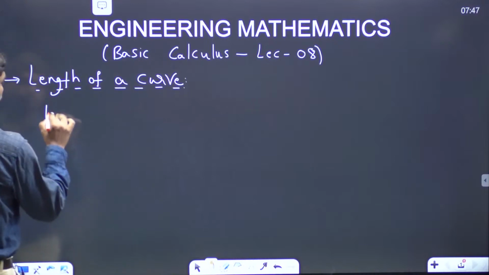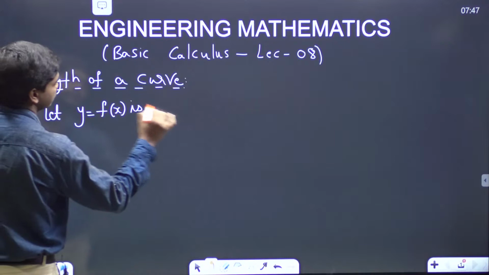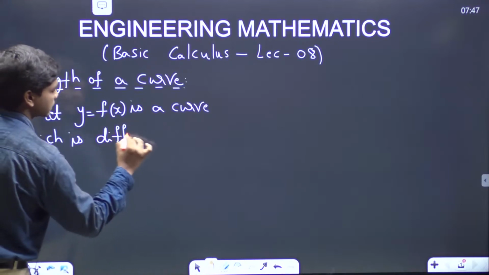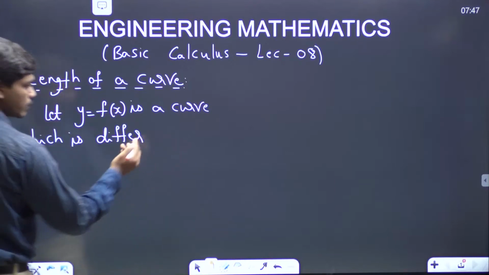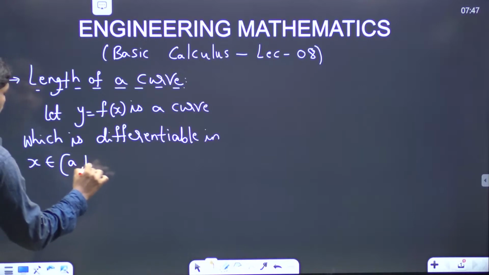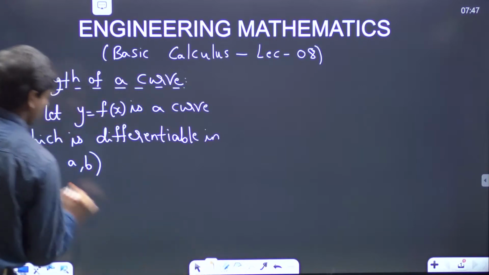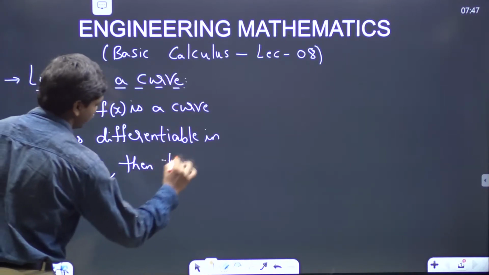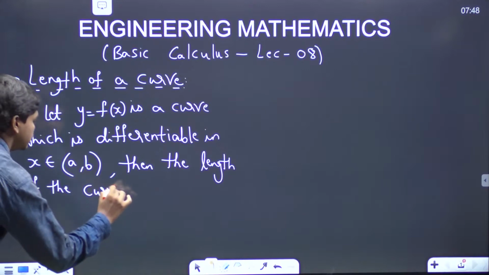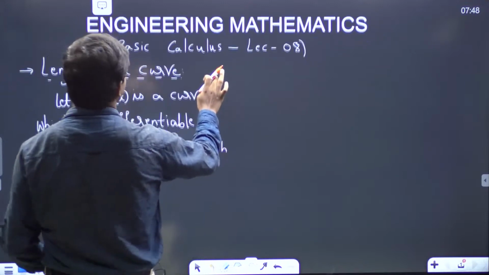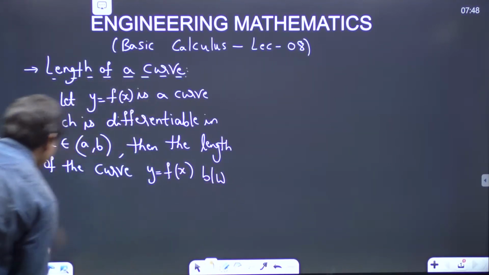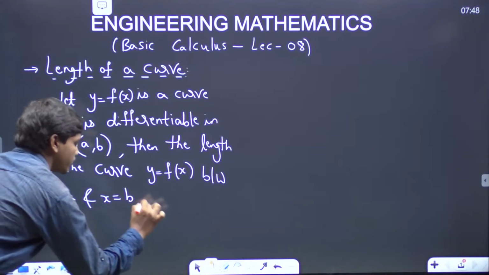Let y is equal to f of x be a curve which is continuous. We can also say differentiable directly, because if a function is differentiable, then the function is continuous. Differentiable for x belongs to (a, b), then you can put an open interval here so that there are no issues. Then the length of the curve y is equal to f of x between x is equal to a and x is equal to b is given by